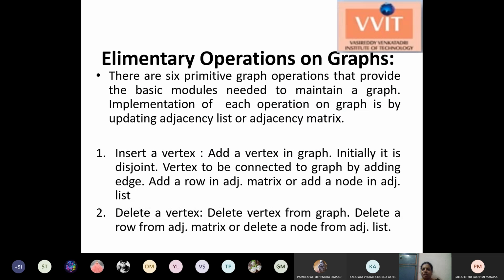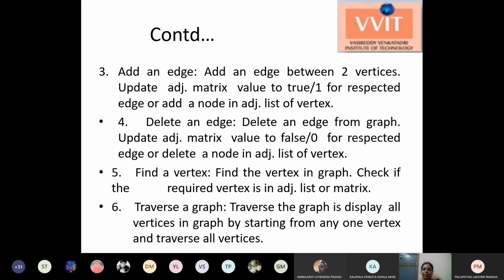Okay, elementary operations on the graphs. The different operations are inserting a vertex, that is adding a new vertex in the graph, and deleting a vertex, delete the existing vertex from the graph, add an edge to the graph, add one edge between two vertices of the graph, delete an edge from the graph, delete the already existing edge from the graph, find a vertex, check whether a particular vertex is available in the graph or not, and traverse the graph, that is display the graph.